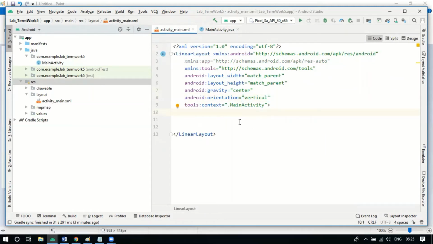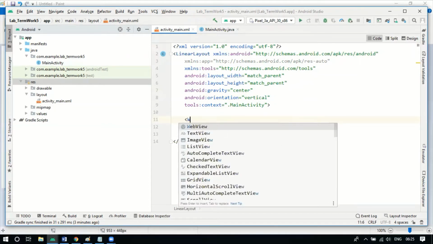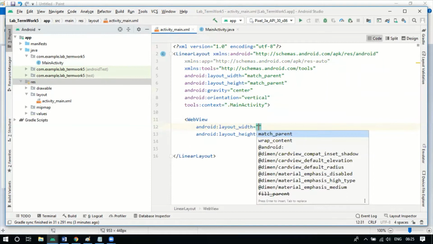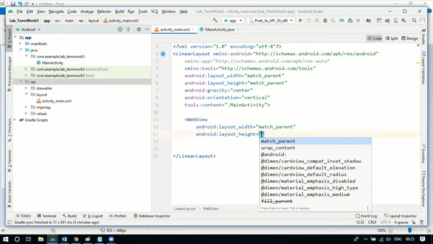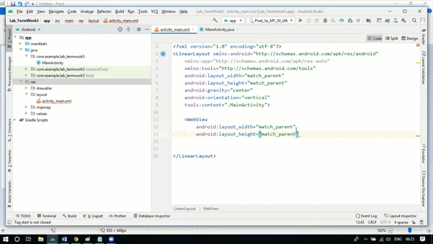Now as we have used buttons or text views, similarly we are going to use this web view. To use it, you can type the command web view, and give the width and height as match parent, and close this.